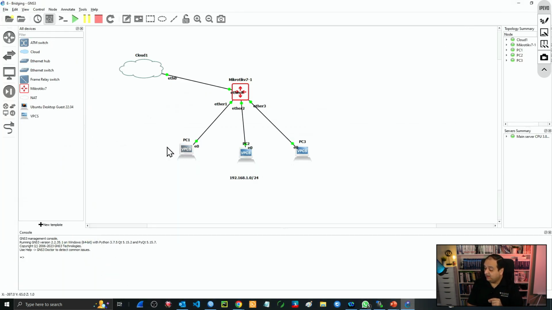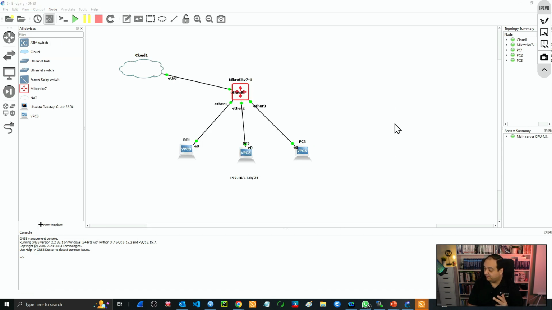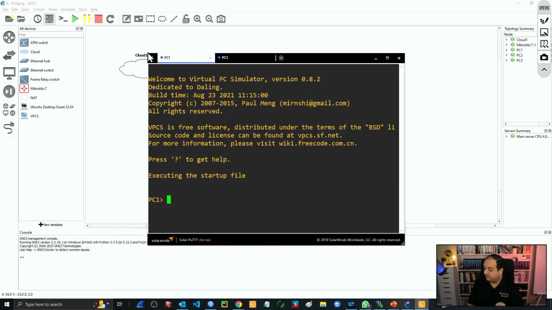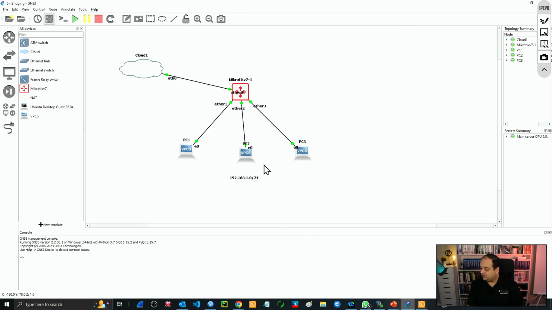So let's see here. Let's go to PC1 and I will open the console for the device. And I'm going to do the same for PC2 and also for PC3. So now we have console access to all those devices. If I go to PC1, I will say IP DHCP, enter. This is going to go through the DORA process, and now we're going to get an IP. You can see 1.254. If I go to PC3, IP DHCP, this is also going to get an IP. And if I go to PC2,